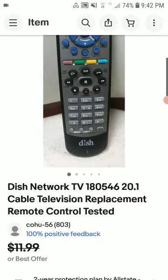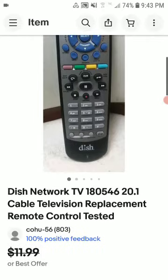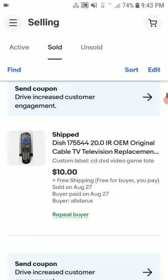But anyways, this is a Dish Network TV 180546 20.1 cable television replacement remote control, tested. Sold for $10, free shipping. Tested with 4 AAA batteries, and tested all the buttons. I set it to Sat TV, and the TV light lit up, and it lit up when I pressed every button, so it worked like it's supposed to. And this is a 20.0 version,